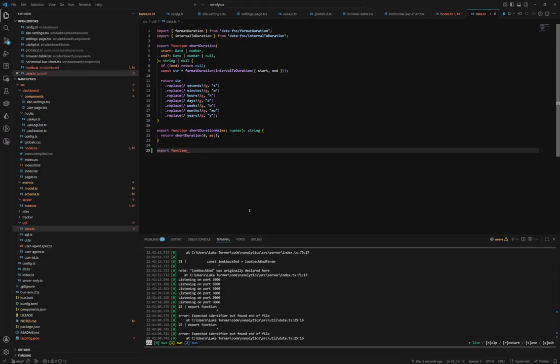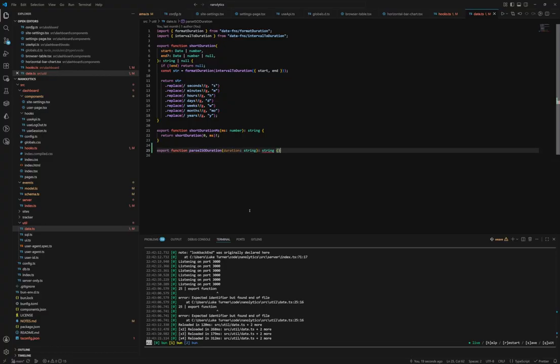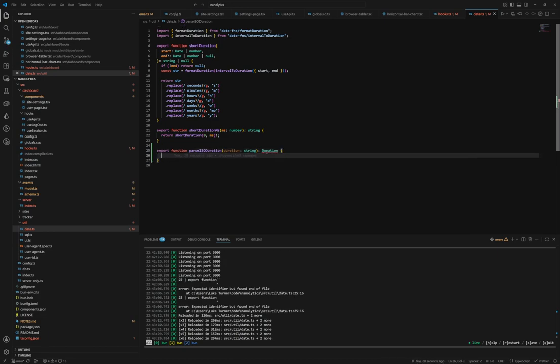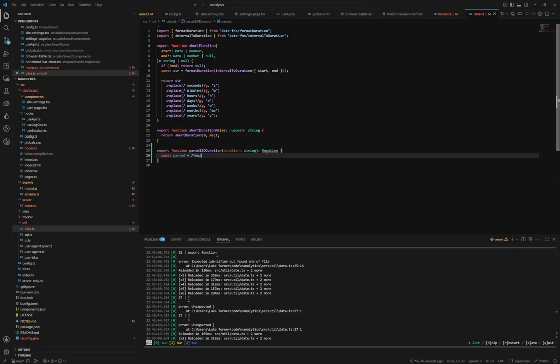Function parseISODuration. And this will accept a duration string, return a string. And here's where we're going to need to do some figuring. Or no, this is going to return a duration object. Right? So maybe one way of doing this is with a regex. So let's do const parsed equals, just type a sample regex here, dot